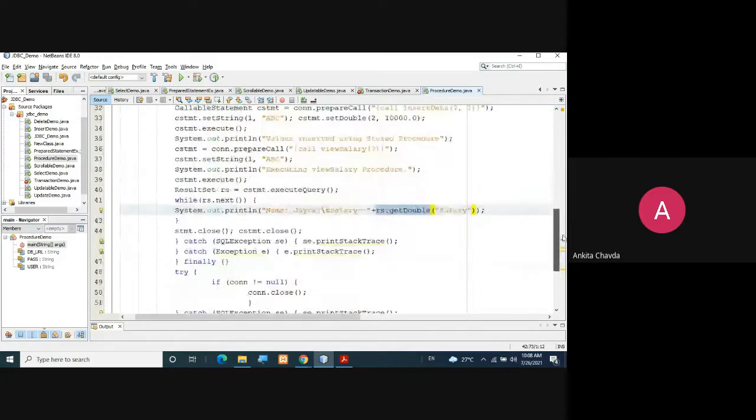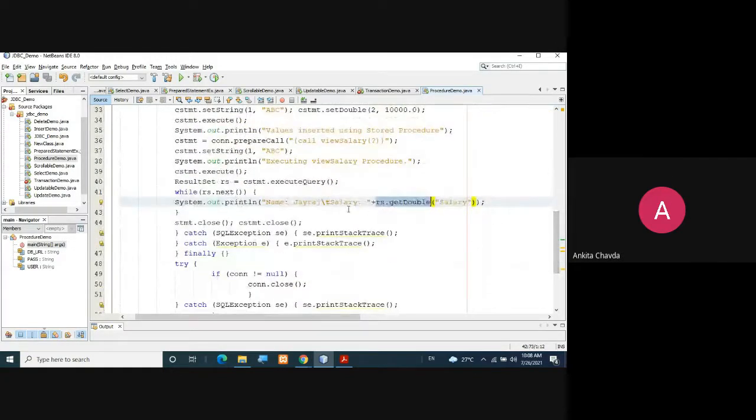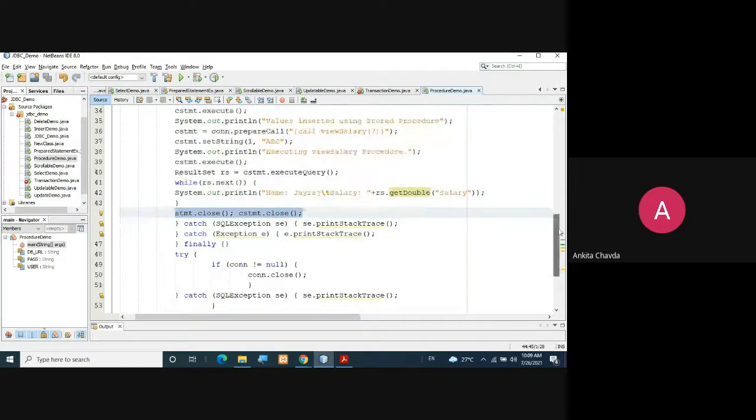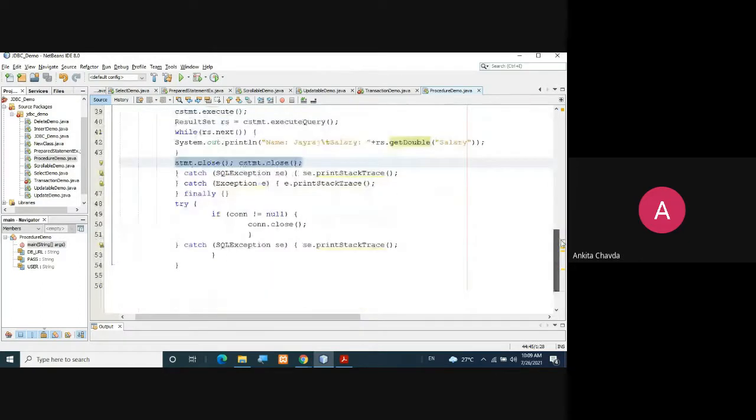So you can get the salary and the name. You can change this. Name also you can take via rs.getString, and for the salary it is rs.getDouble. Okay, and finally we are closing everything, and the rest of the code you already know, right?